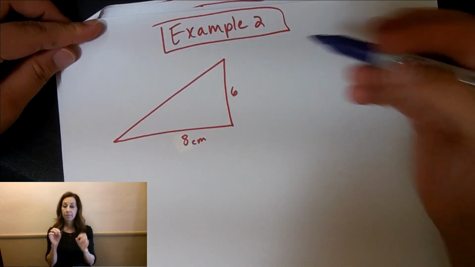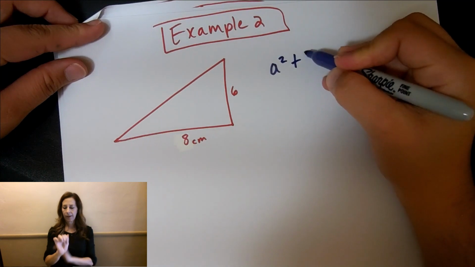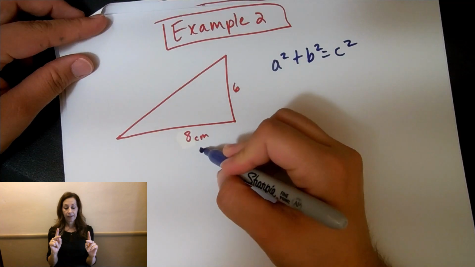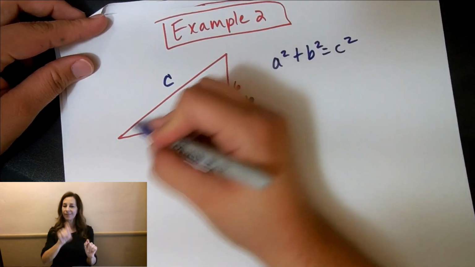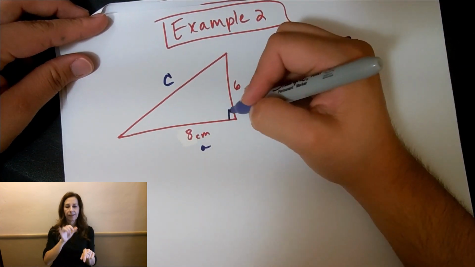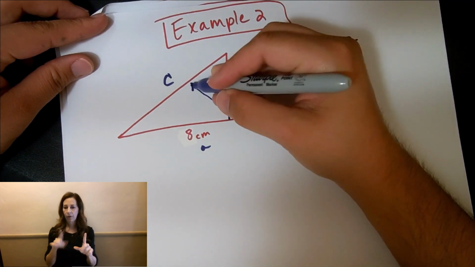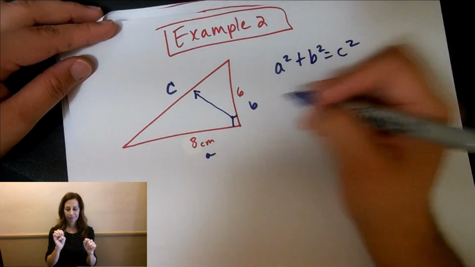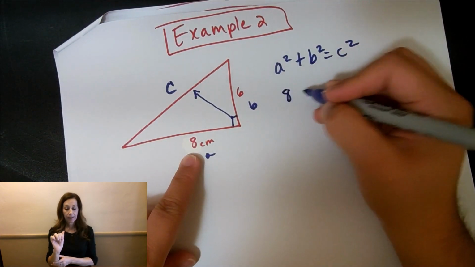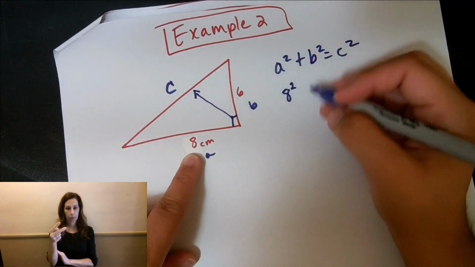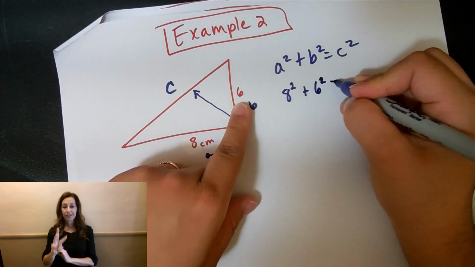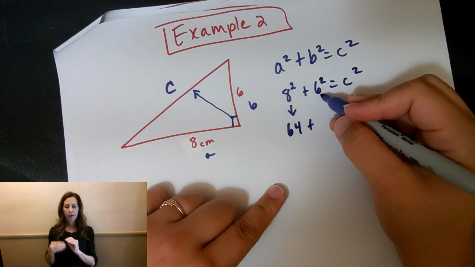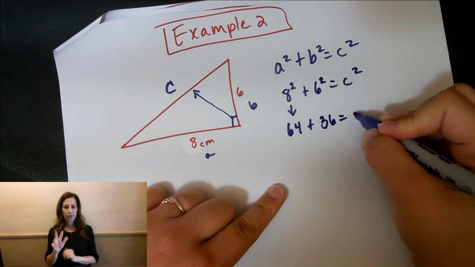Let's look at this one. Okay, so let me write down the formula: A squared plus B squared equals C squared. All right, so I'm going to say this is A, this is B, and this one has to be C because it's the longest side. Here's my right angle. Opposite of it, right across from it, is always the hypotenuse. So A I'm assigning as 8, and I have to square it because A is squared. 8 squared plus 6 squared equals C squared. 8 squared is 64 plus 6 squared, which is 36,